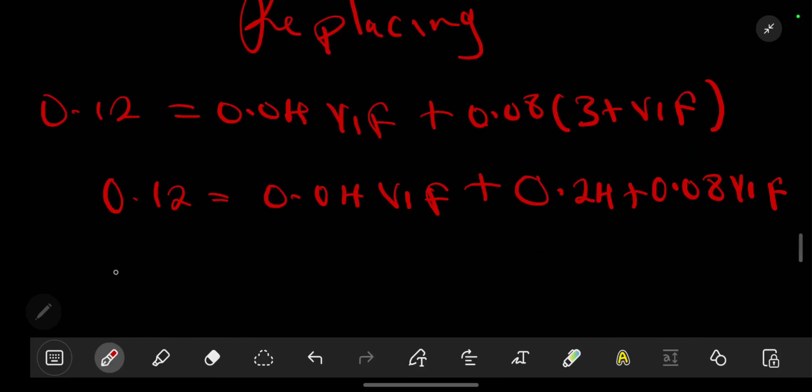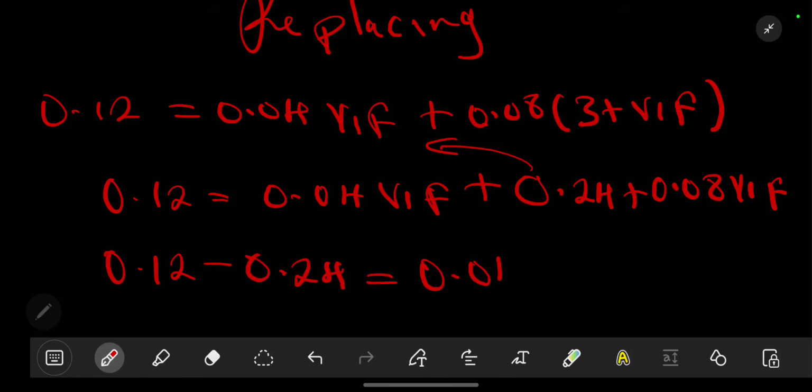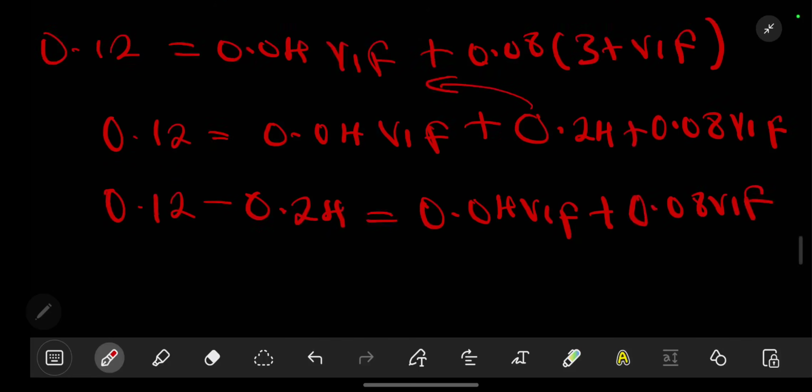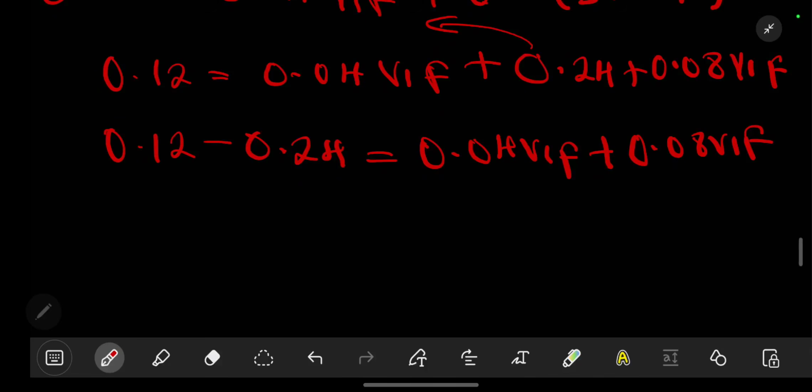This gives us 0.12, and this value goes the other side, minus 0.24, should be equal to 0.04 V1 final plus 0.08 V1 final. 0.12 minus 0.24 gives us negative 0.12, which should be equal to, if we add 0.04 plus 0.08, 0.12